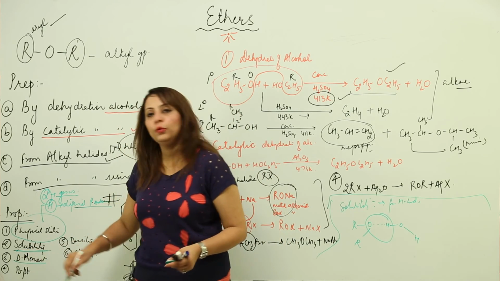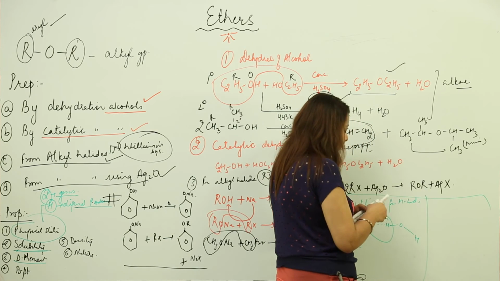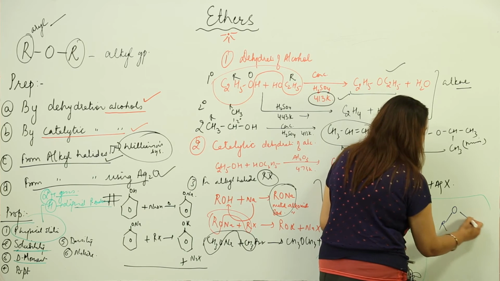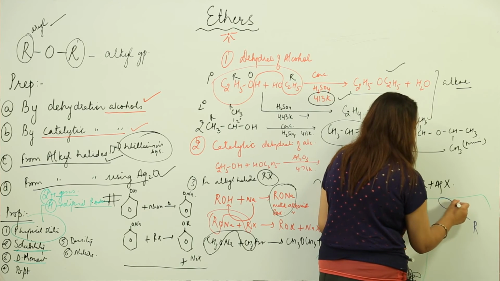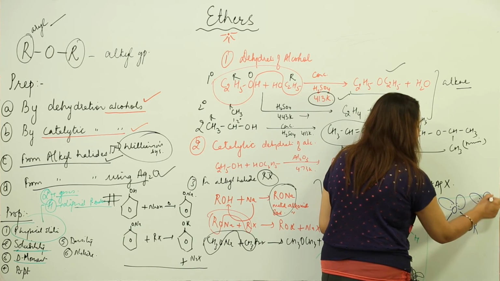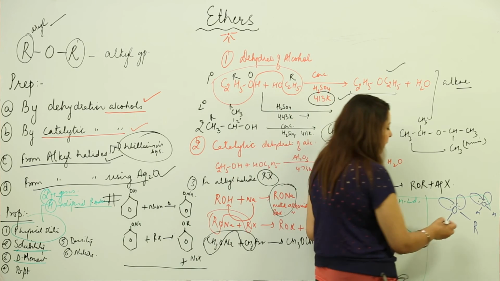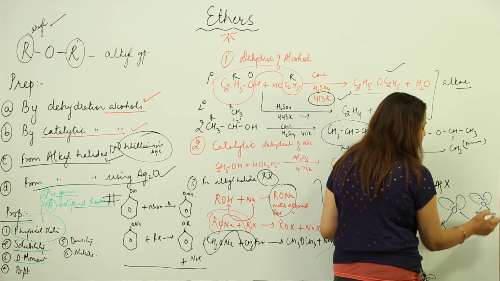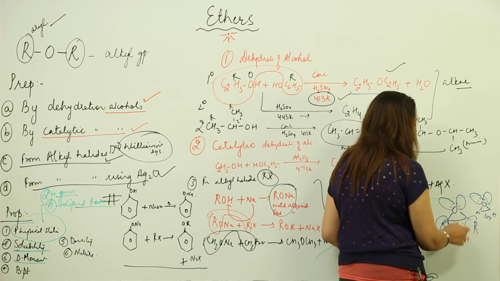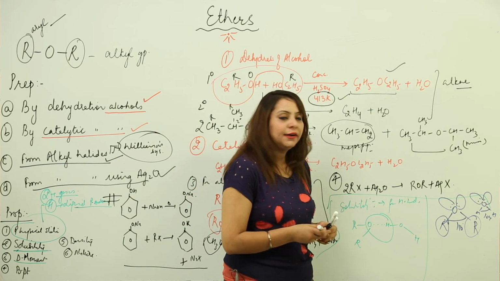Third is the dipole moment. It is a polar molecule. So if we look at its structure, what kind of structure it possesses: it possesses a structure like water with two lone pairs. As we know, water has a structure like this, we have already done it in chemical bonding as well. Likewise ether has the structure, but here the angle is 104 degrees for water, and for ether the angle is about 110 degrees. The reason being more repulsion between the alkyl groups, so they split away and the angle is 110 degrees.